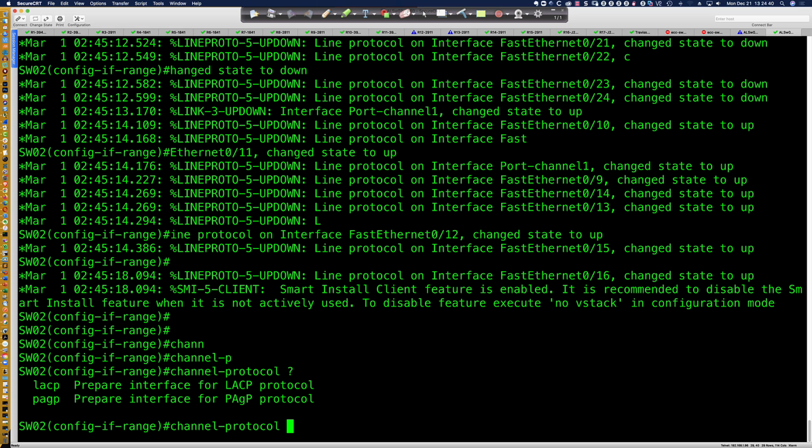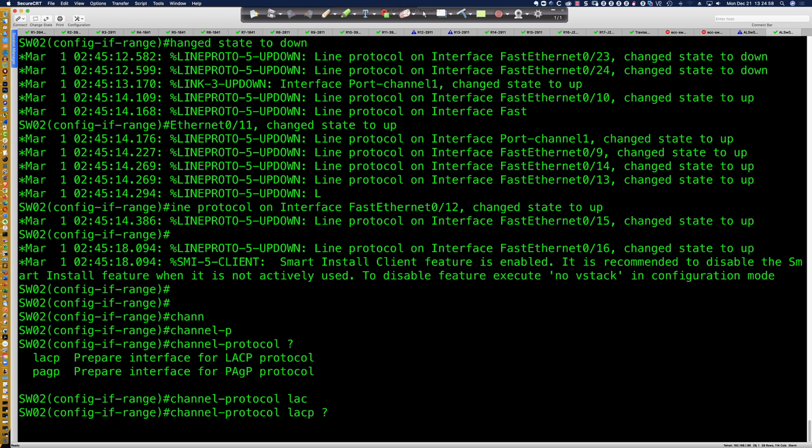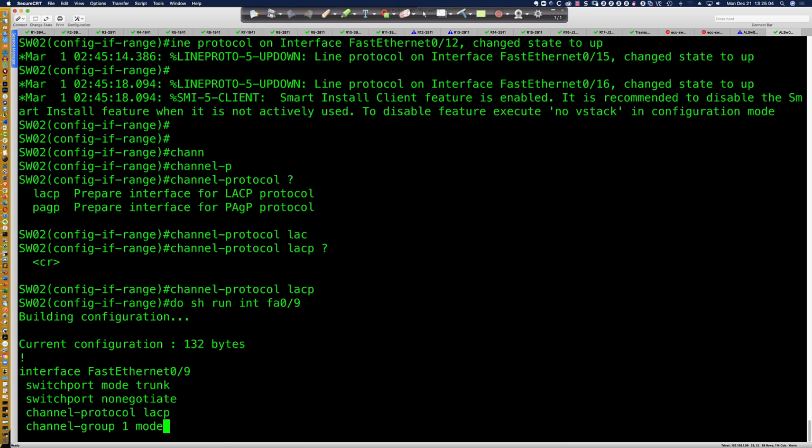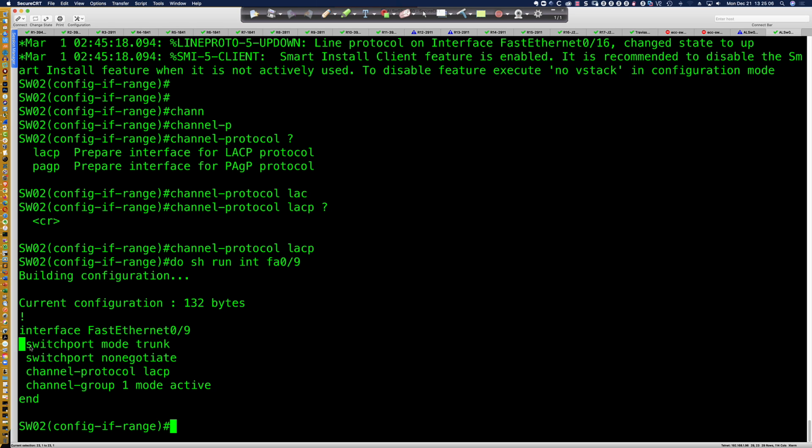And what this command is going to do is provide you with a little bit of protection against possibly entering a command for another negotiation protocol, another port channeling protocol. So if I was to say channel-protocol lacp, and you'll notice that's it, and let's look at do show run int FastEthernet 0/9. And you can see switchport mode trunk, nonegotiate, channel-protocol lacp. And what this is going to protect me against here, and again, I've just applied that to all of the ports in this port channel, is that if I was to come in and mistakenly say,